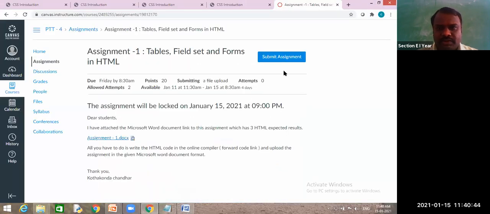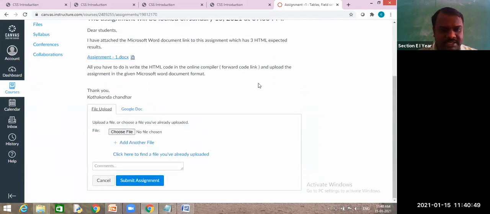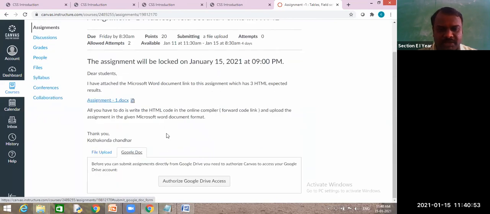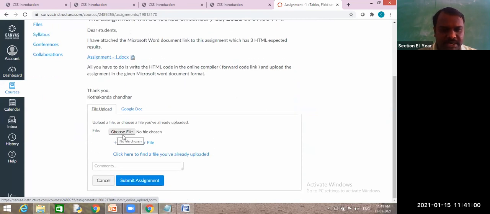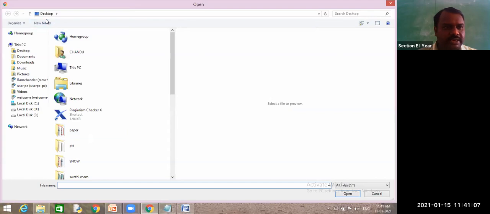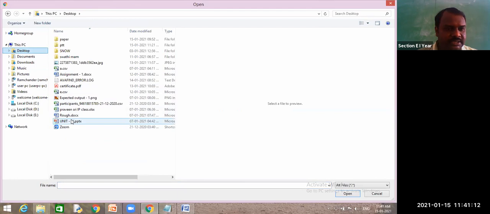One more thing. When you click on assignment submission, you can see two tabs: one is file upload, the next one is Google Doc. I did not ask you to upload a Google Doc, just click on file upload. You can see a button, choose file. When I click on choose file, it navigates to your computer. Select desktop, and Assignment 1 is there.